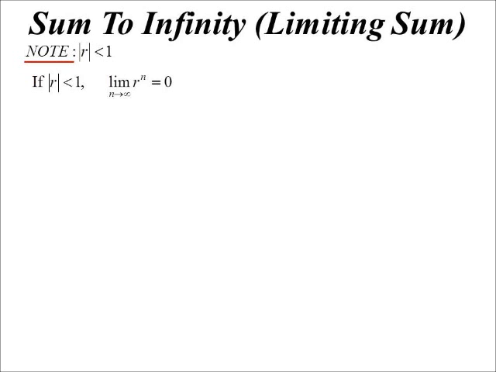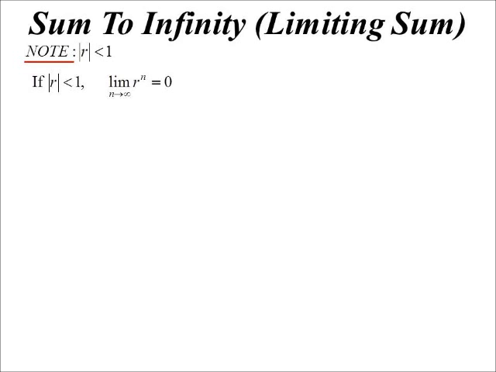Now, what I do know is the limit of r to the power of n, as n approaches infinity, remember, r is in between minus 1 and 1. If you think of your exponential curve, but this is the exponential when the base is a fraction. So instead of saying 2 to the power of n, we know that would be something like y equals 2 to the power of n. But we're saying the base is a fraction, so it's like having a negative power. So that would be, say,